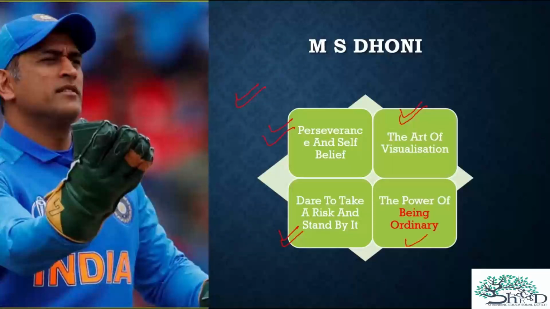Okay, then the power of being ordinary. This is very unique and very good. Basically, he was once not given the captaincy in the IPL, but still he worked with the same commitment level under Steve Smith. So this is an example that he always wanted to play cricket. He wanted to play the sport in any capacity. So he was fine being an ordinary person because that is his characteristic. So this is what we can learn: commitment to work.